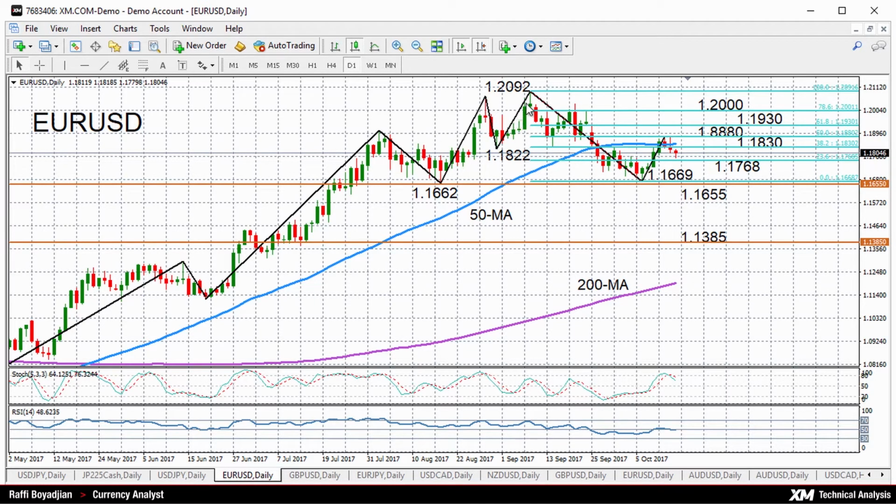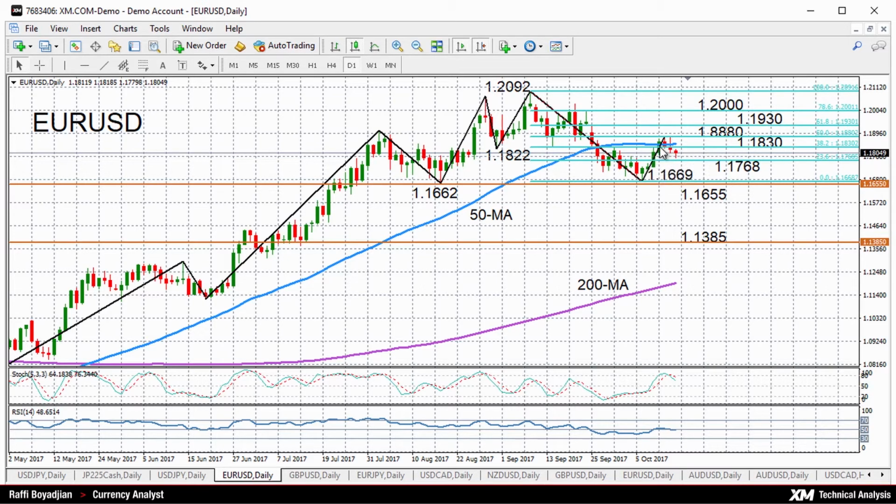We can see that double top being formed, which was confirmed after prices broke below the neckline of 1.1822, and they've now formed a bottom at the 161.8% Fibonacci level of the up leg from 1.1822 to 1.2092. If we see further downside, we could potentially see another bottom being formed at 1.1385. For now, though, we are seeing support coming from the 23.6% Fibonacci level of the down leg from 1.2092 to 1.1669,